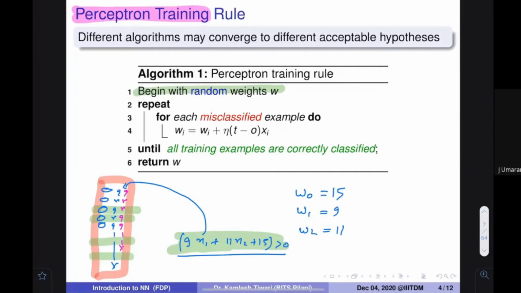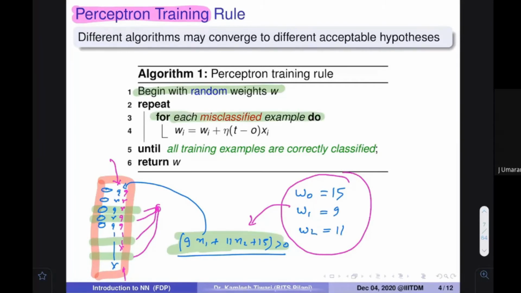Till now this is clear? We started with random weights. We devised a formula. Using the formula, we find the classification of the items. And since we know the actual items, we know the places where there is a problem. Till now everybody with me? Now see, I use these misclassified examples. Each misclassified example I am going to use to change these weights.